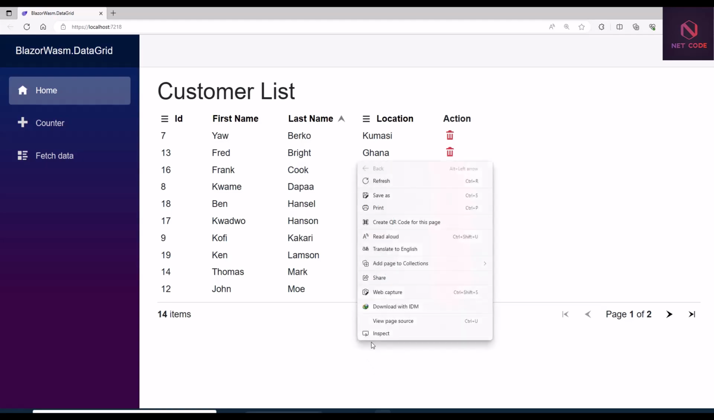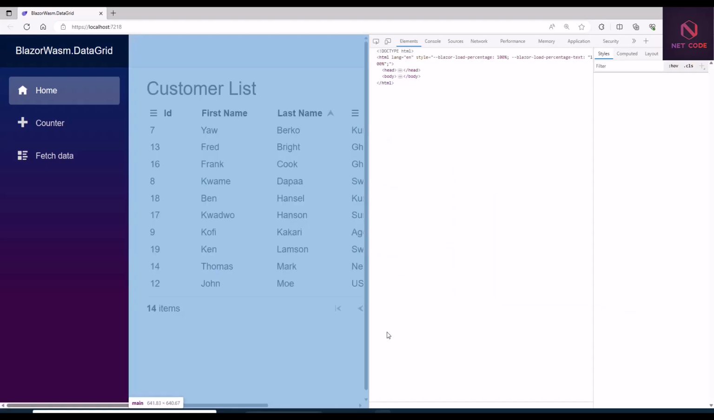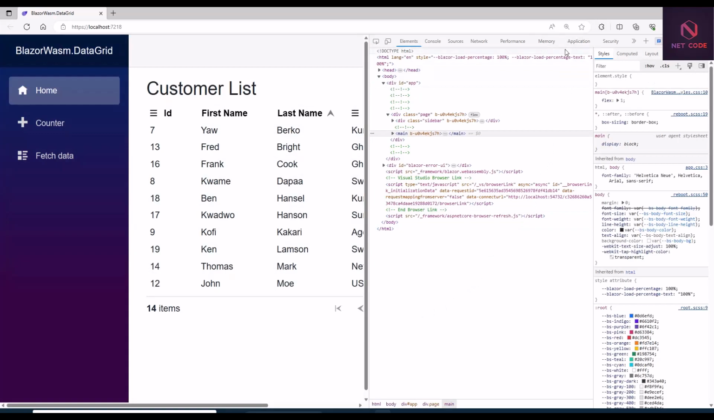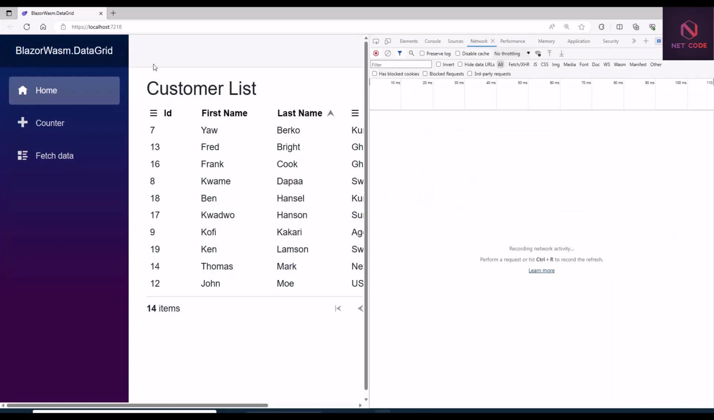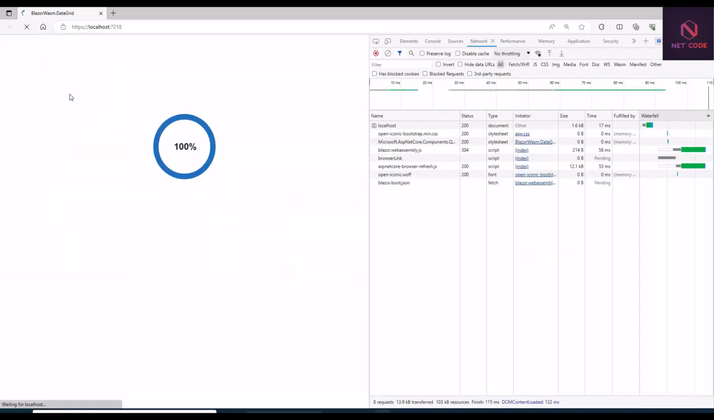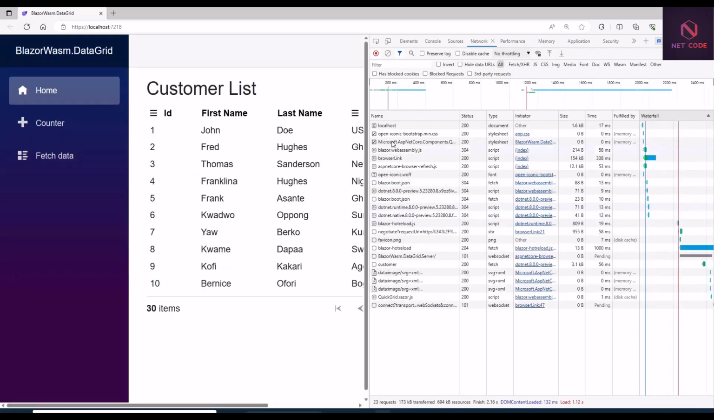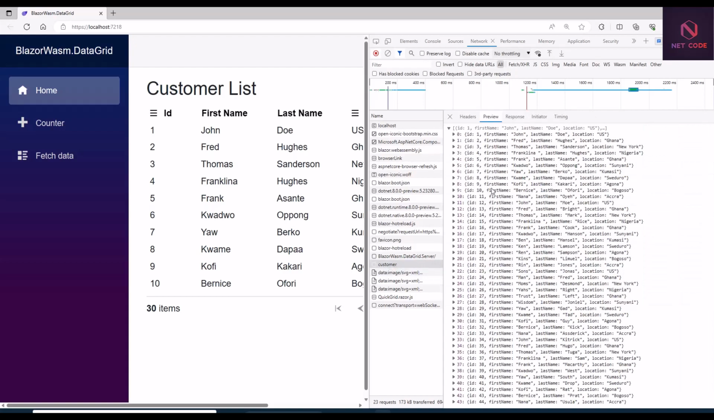If I right click on this and go to inspect elements, and go to network, let me refresh this again. Now let's watch the service or the call that it makes. Customer. Now you see it is just giving us the whole list of customers here, that's around 44. So you get the customers to the browser, then the paginator sets it 10, 10, 10